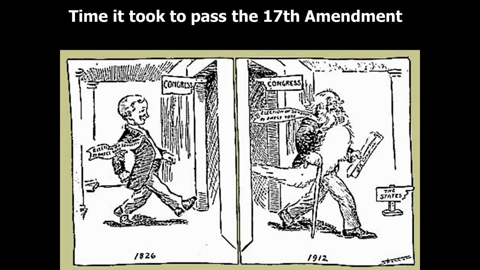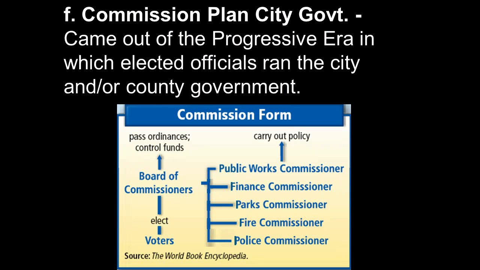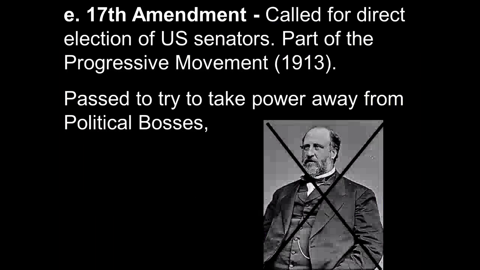So this is the representation of when the little young congressman comes in, basically proposing this whole 17th Amendment, which would have been some other amendment at the time in 1826, and it took 90 years for it to finally pass. So it's been an idea for quite a while. And there's the joint resolution that was later passed as the 17th Amendment. All right. Commission plan. Oh, was it the 17th? I messed that up. Oh, yeah, 17th. Sorry. Going backwards.